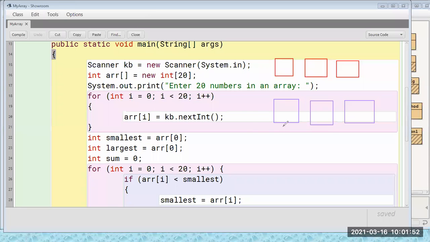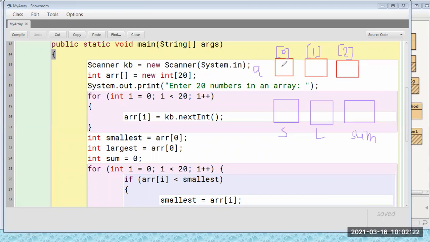Let's say this is smallest, largest, and sum. And let's say this is a of 0, 1, and this is 2. Okay. Now what we are going to do?